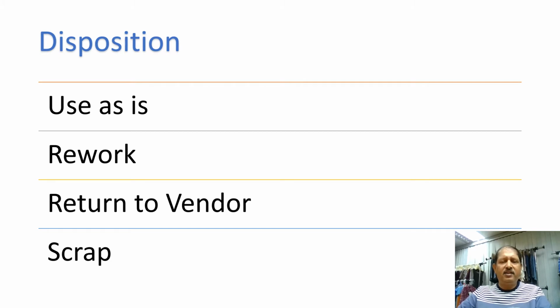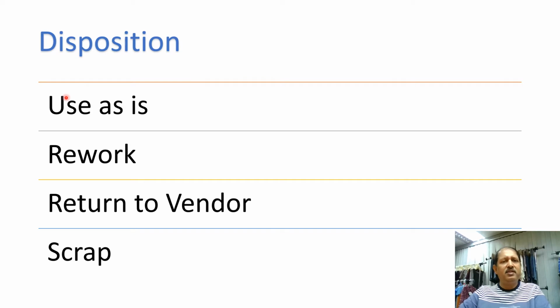Let's say in the garment industry, I can give you the example that we get the fabric and this fabric has a defect. Now we don't throw that fabric away. We identify that these fabrics have a defect which is beyond the tolerable limit. So we take those fabrics, mark them with red tags, and handle them separately. How do we handle them separately? We still do the cutting of those fabrics, assuming that whichever panel gets the fabric defects, we will replace with a good panel of the same shade. That is what is used as is.